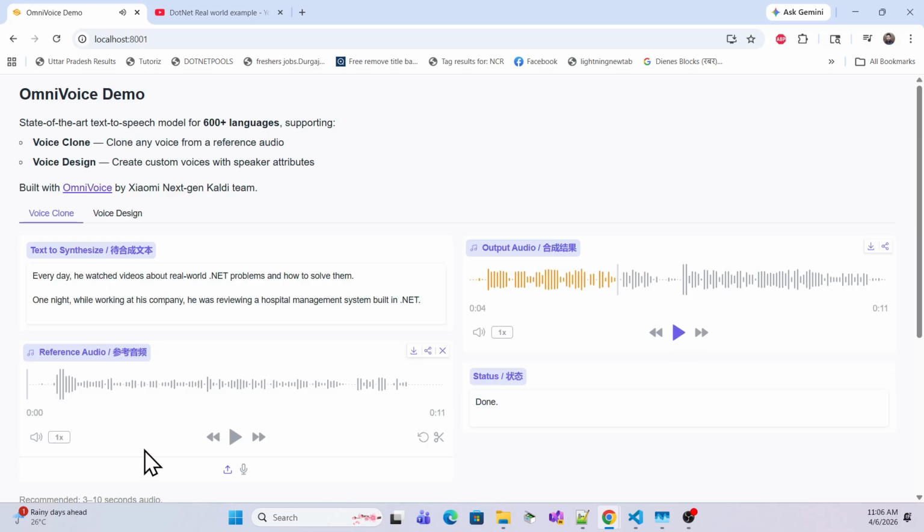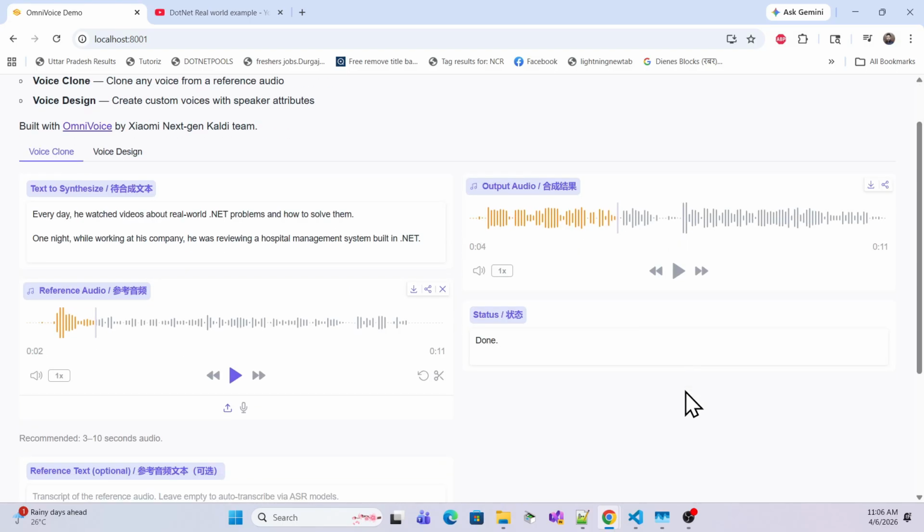So see, this is my real clone voice which is the generated output, and this is the reference, Hello everyone, my name. See, both are the same. There is no difference, right? So 100% match voice cloning over here, right? So that is how we generated it, and it also took only a few seconds,